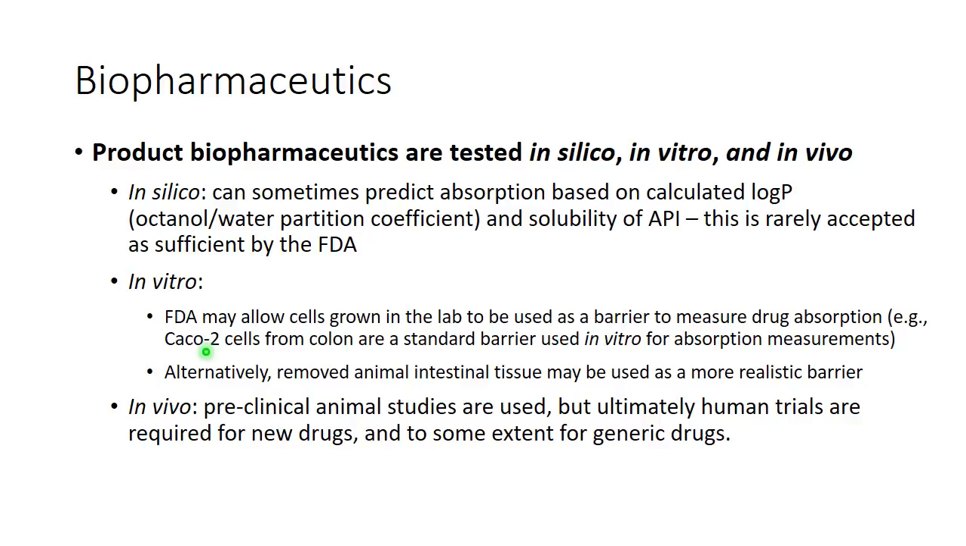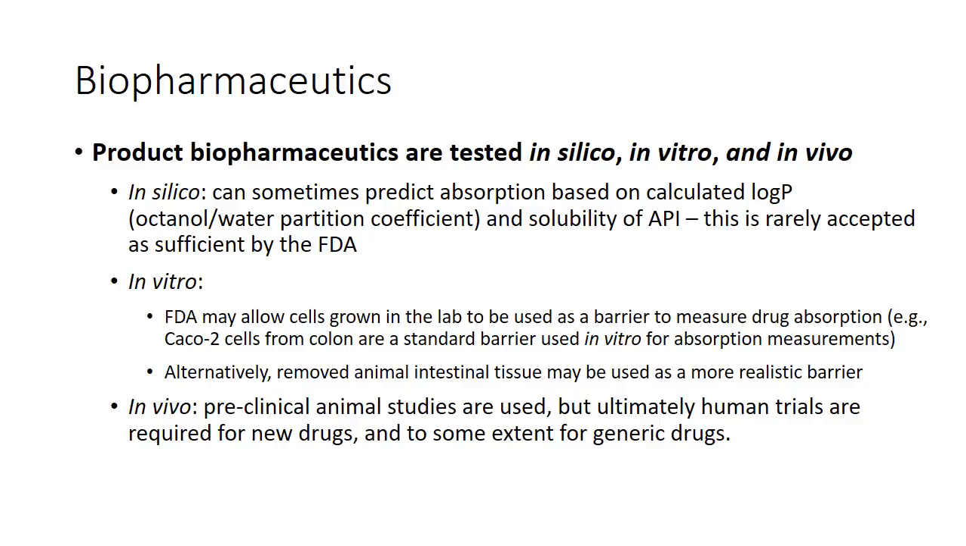The cells are normally suspended on a membrane, with a fluid compartment above and below. They would expose them to a drug on one side and see how fast the drug goes through, so they can replicate, or hopefully predict well, what would happen inside a real body, with the colon or the small intestine. Right, so that's in vitro, and in many cases that's well accepted by the